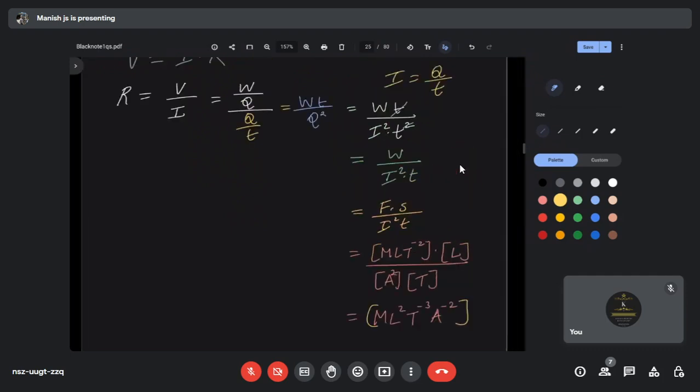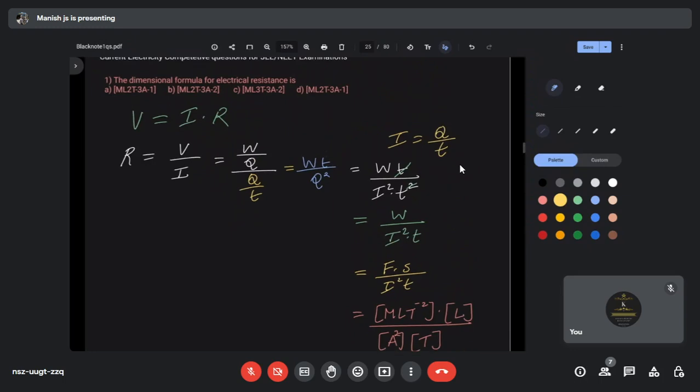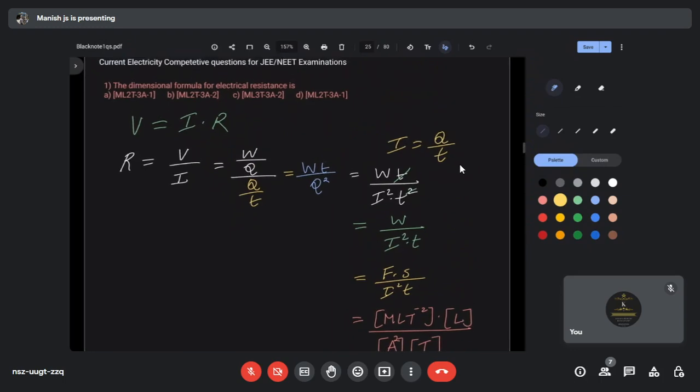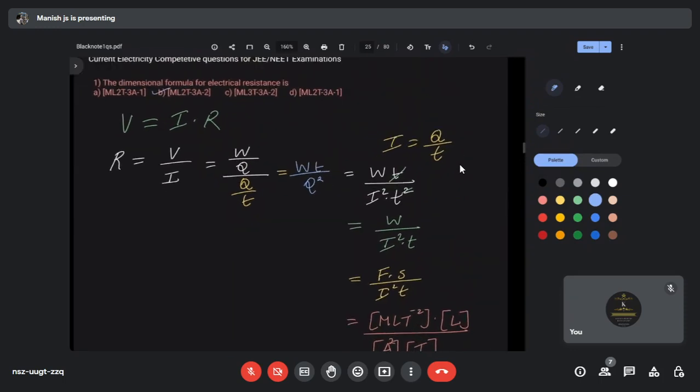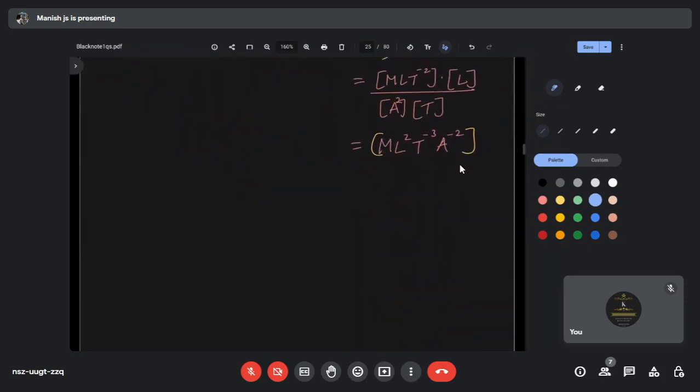So this is the dimensional formula for resistance, which happens to be option 2. So option 2 is correct. B option. That's it. This is how you do this. Okay, so now we are moving on to the next question. A different model we will see. So next one is,